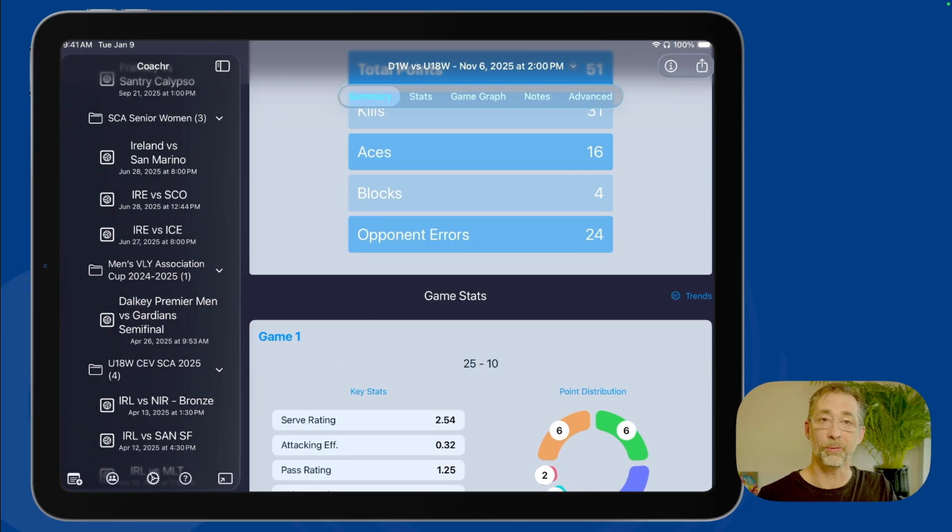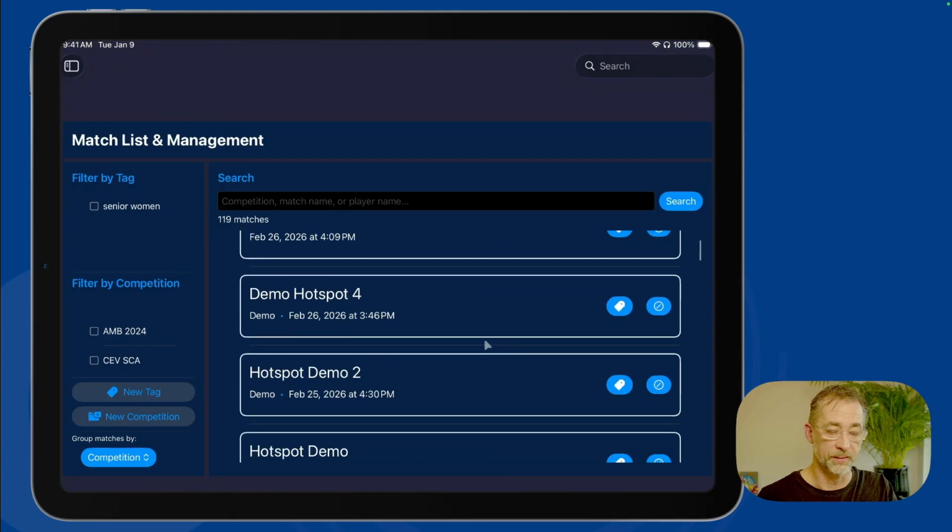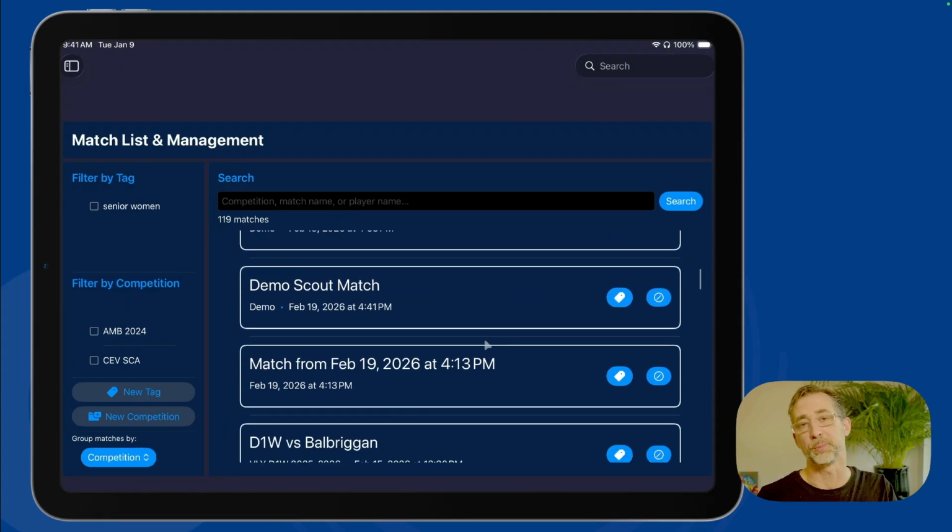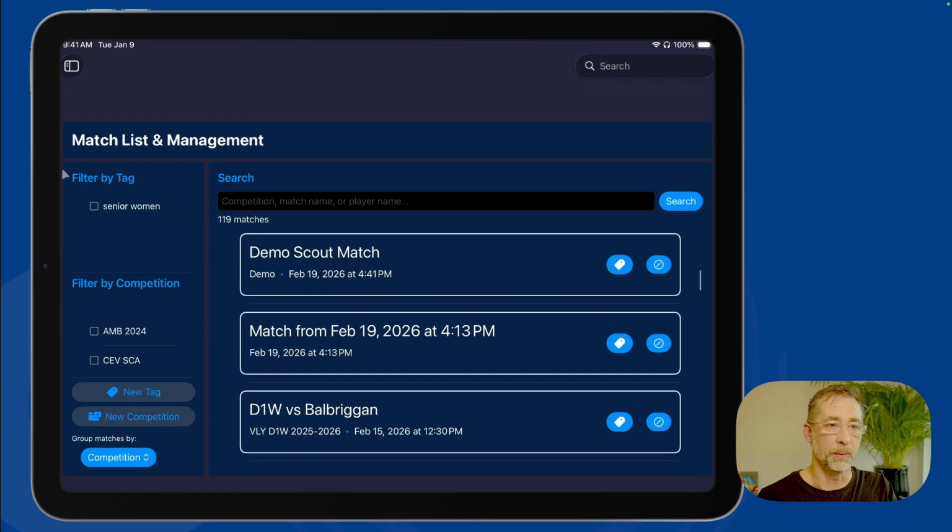So that's a handy way to get around, is to use this button down here just to take a look at your match management in a little bit more detail. I find the tags and the competitions the most useful here. So if we go back up to the sidebar,